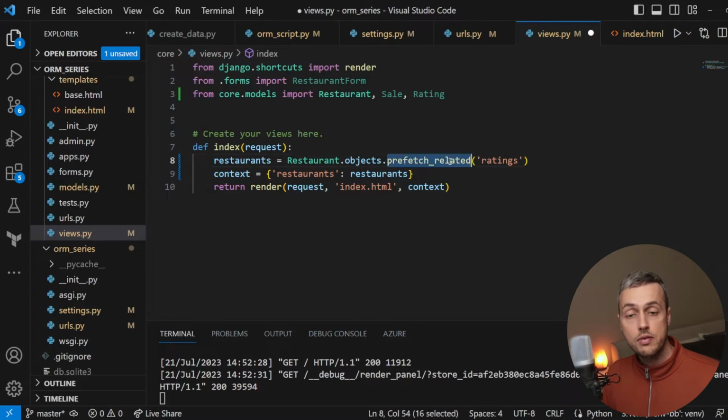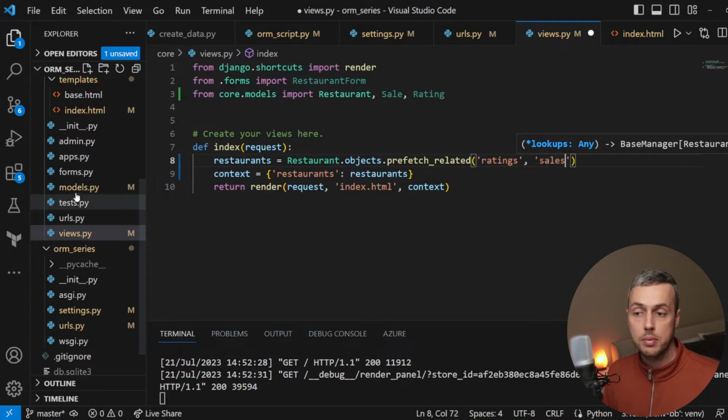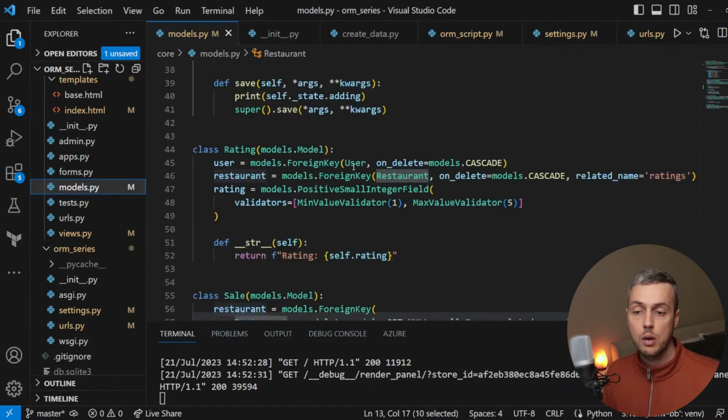Now to demonstrate that prefetch related will do a separate query for each related set of objects, what we're going to do is pass a second argument to prefetch related, and that's going to be the sales. Now this comes from models.py again, so if we go back to that file